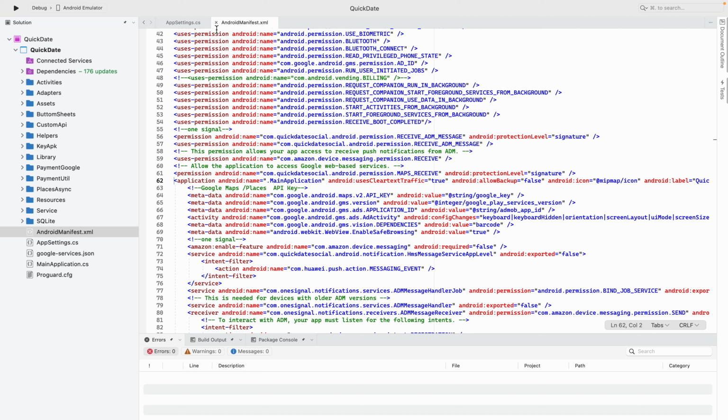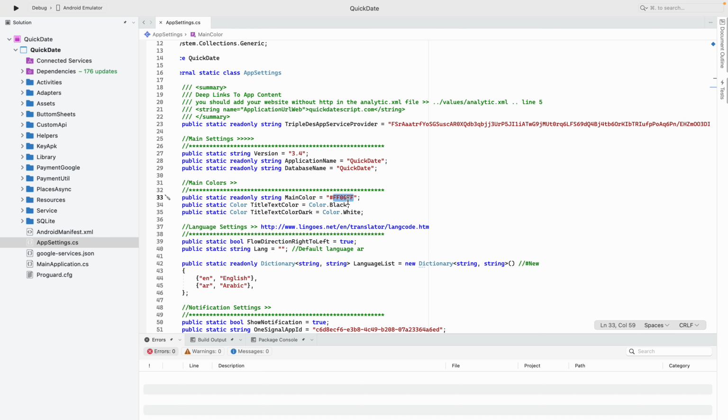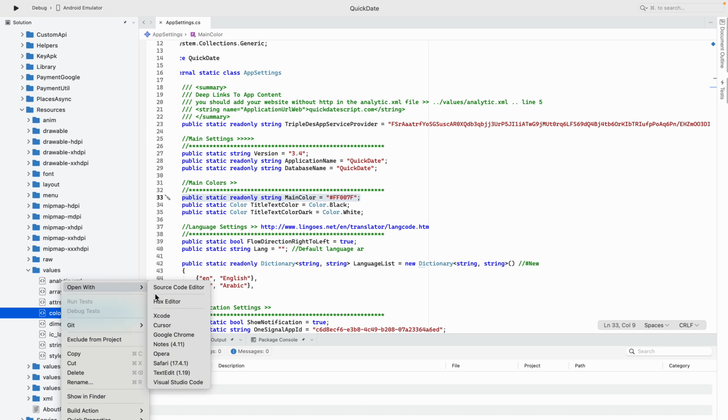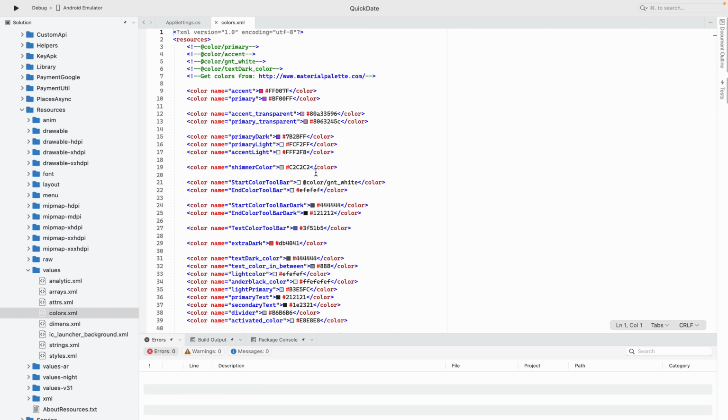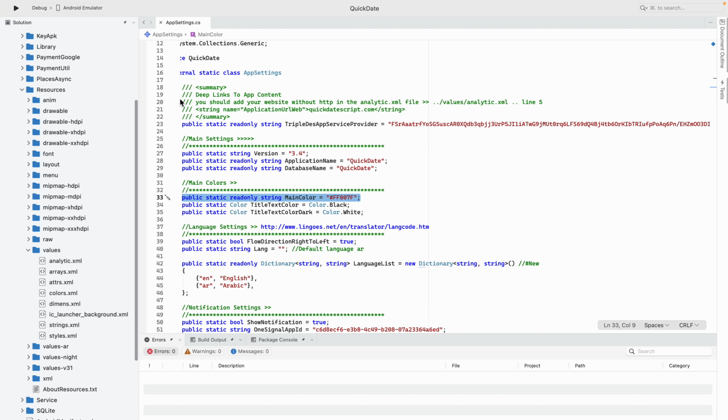Now comes the rebranding steps. For rebranding, what you need to do is, first of all, you need to change your color. So here is the main color. Main color can be changed from 2 places, in app settings, and secondly you need to change color from colors file. Here all the rest of the colors are mentioned. You can check whichever color is used for which purpose and change whichever you need to change, but mostly you need to change primary and accent color, and primary transparent, accent transparent, and primary dark. That's it. After changing these 3 colors, you need to